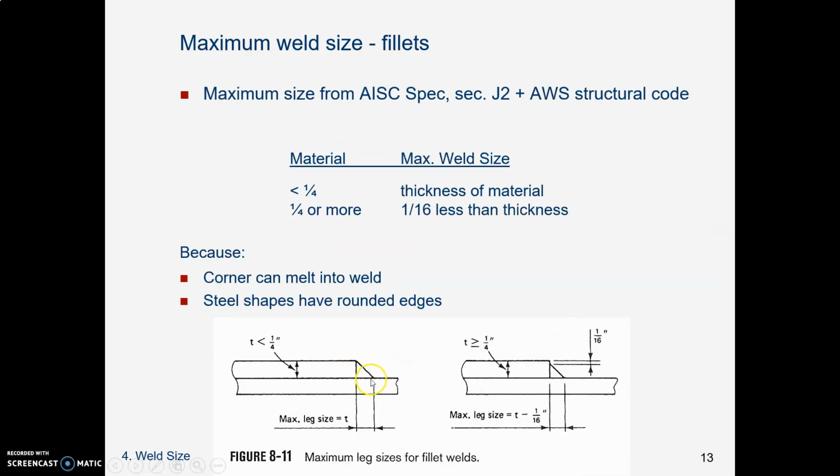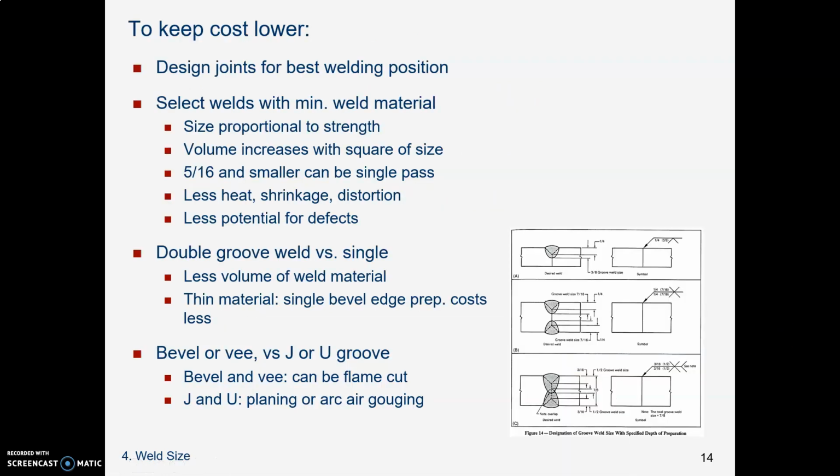We don't want to get too big on the welds, so the weld is typically the thickness of the thinnest plate or even a 1/16 less. If you're specifying welds, if you're working for a company, you will ask your supervisor or your engineer, what should I do? What kind of weld do you want here? But just to give us some overview of the deal,